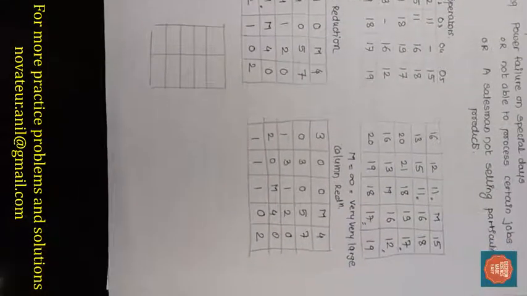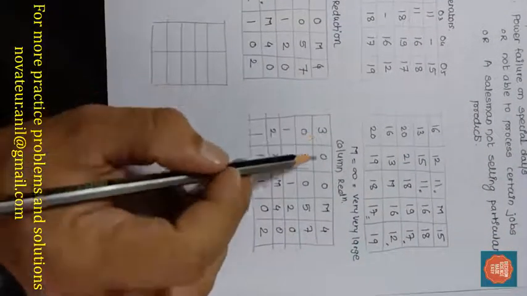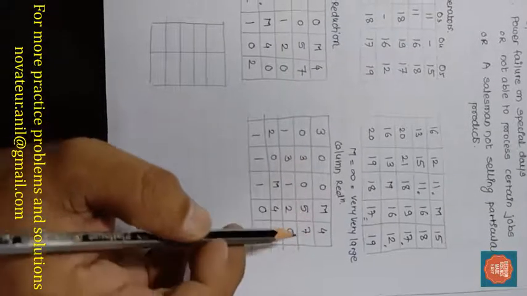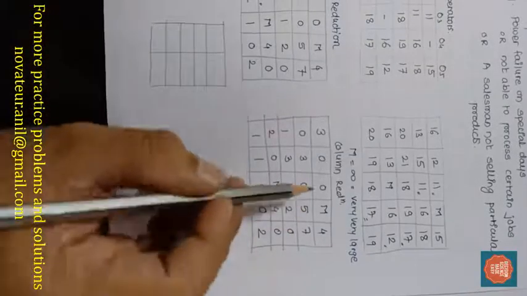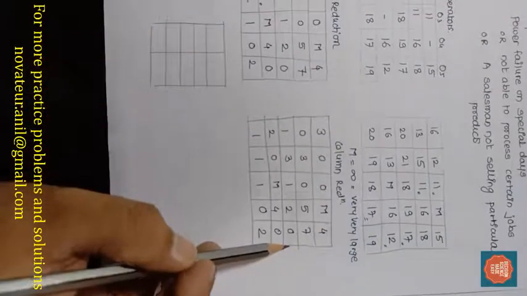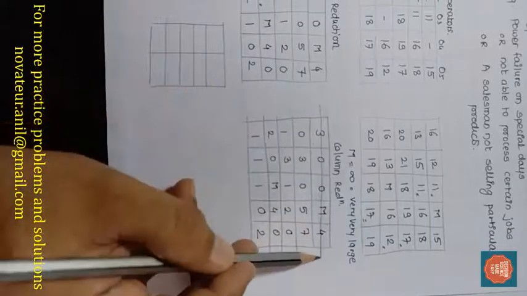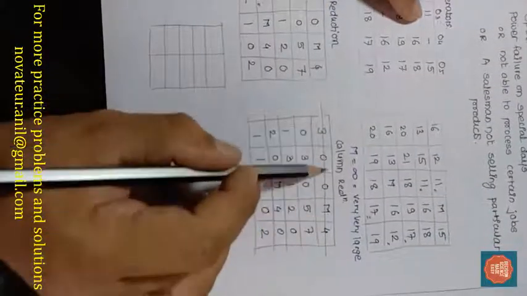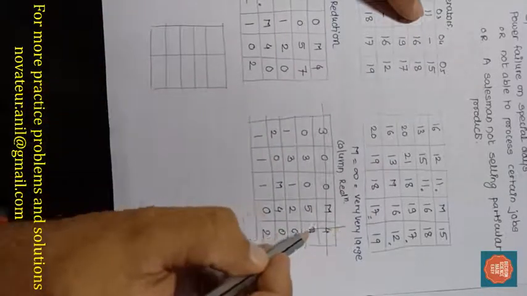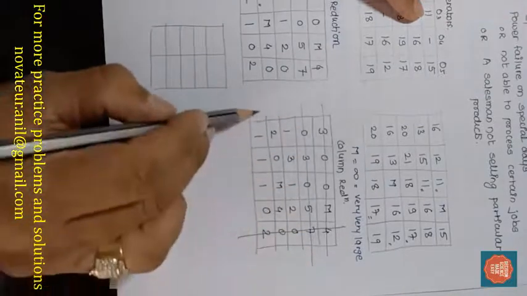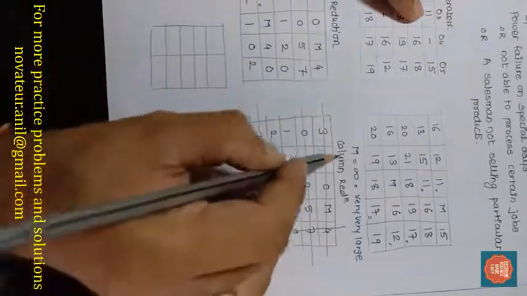Before assigning the zeros, let me check whether the zeros can be covered with minimum straight lines. So here if I put this, it can cover 2, here 2 zeros can be covered, and again in this row 4. So I'll first cut row 1, 2 zeros are covered. I'll cut this column, 2 zeros are covered. I'll cut this, 2 zeros are covered. Then I'll cut this, 1 zero is covered, and again this.